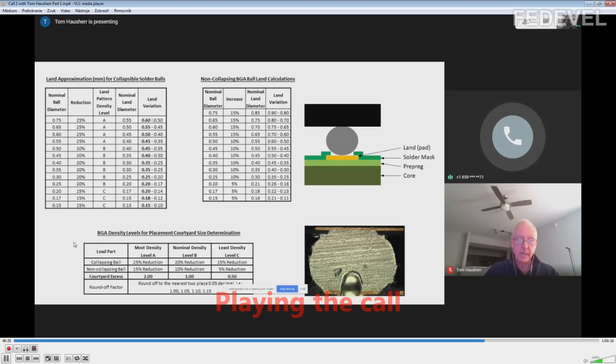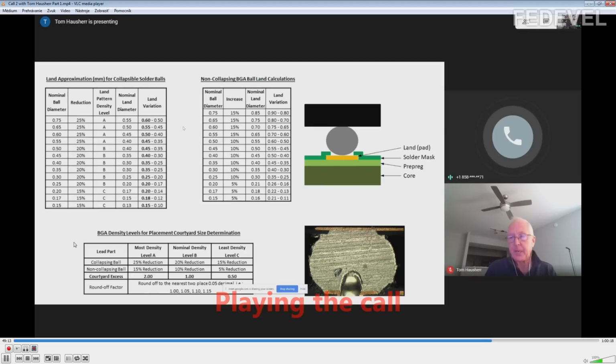So in our calculator, we get this question all the time. They're saying, well, I have a 0.6 millimeter ball, but the calculator is giving me a 0.45 millimeter land, even though it's a 25% reduction. Well, that's because IPC says use the maximum land variation of that pad. And that's the reason for that. Now, this gets kind of complicated because math isn't always easy for a lot of people, especially when you're doing 25%, 20%, 15% reductions, and then you've got your pad size, then your land variation, then you take your maximum land variation. Now, for the non-collapsing balls,